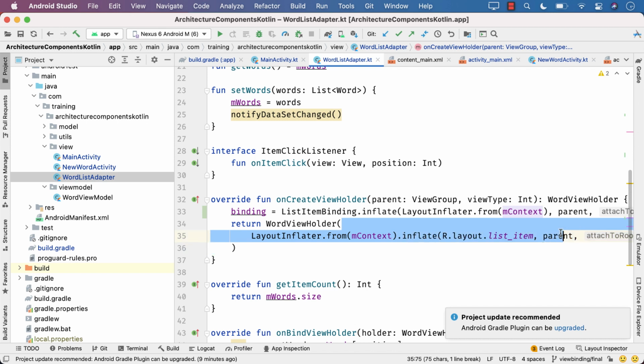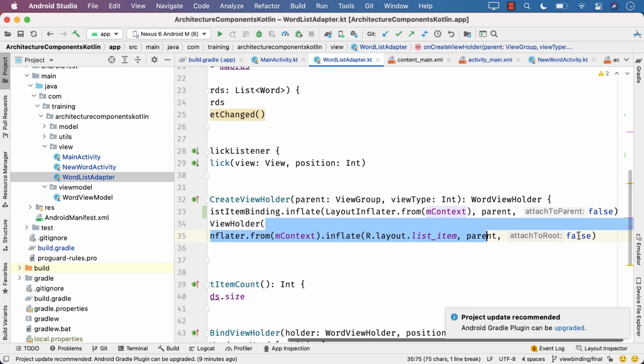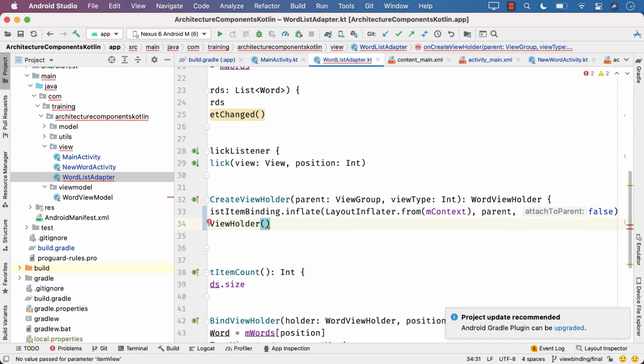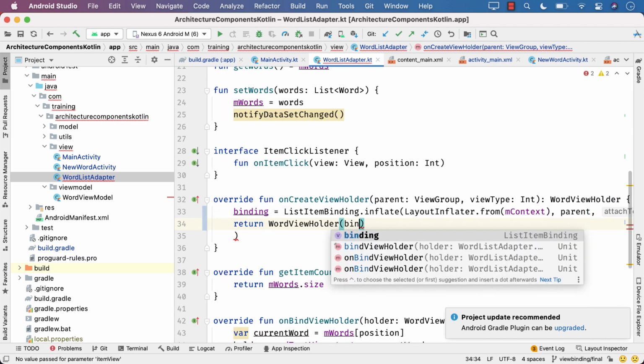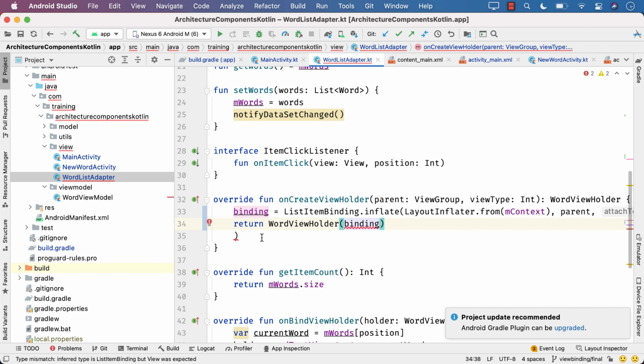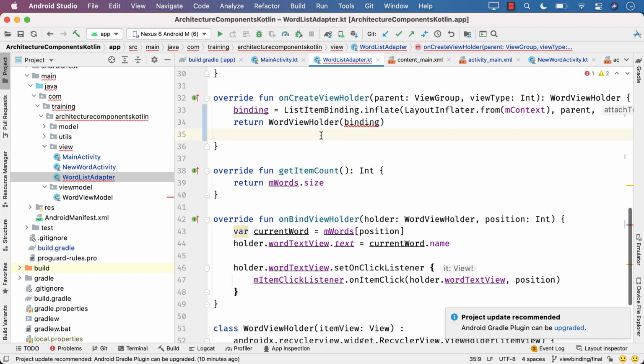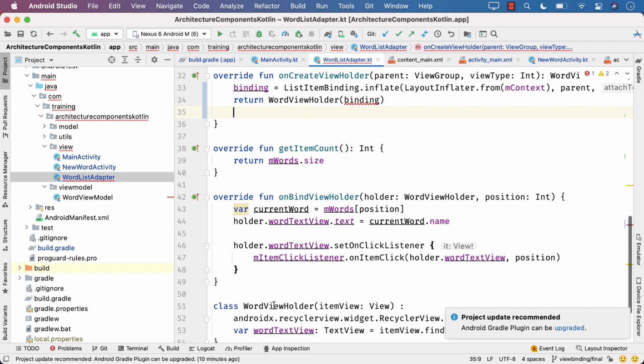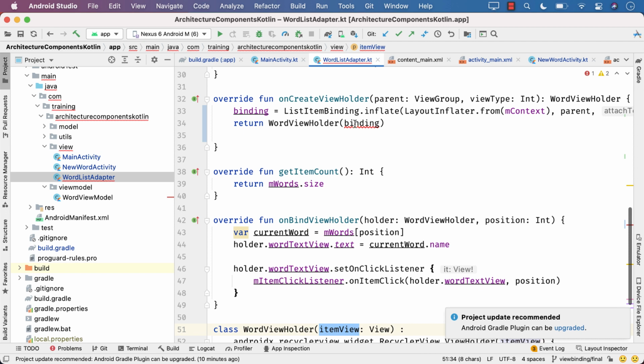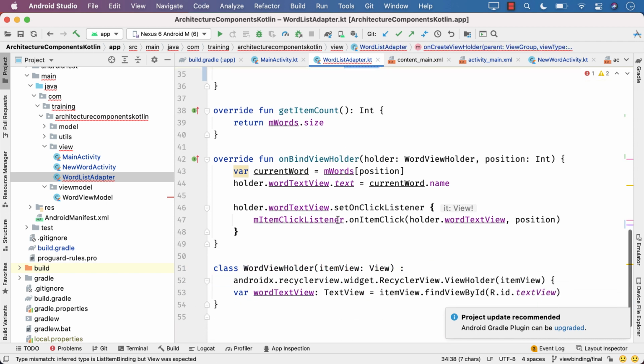Inside returning, you will use the binding variable. Now while I do that, it gives me error. So this class word view holder accepts a view instead of binding. So we change it to accept binding, which is of the type list item binding.